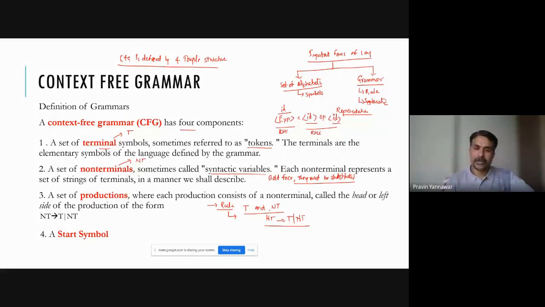So if I say this is the production, then this non-terminal is called the head, and this head is at the left side. LHS always refers to the start symbol, which is on the left-hand side and is of type non-terminal. Okay, so this is important, and the next important thing is a start